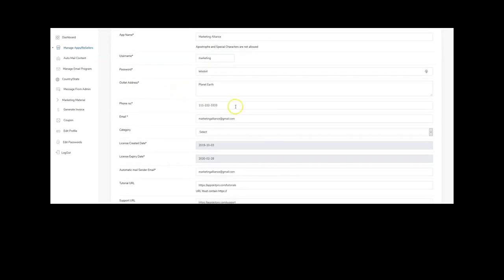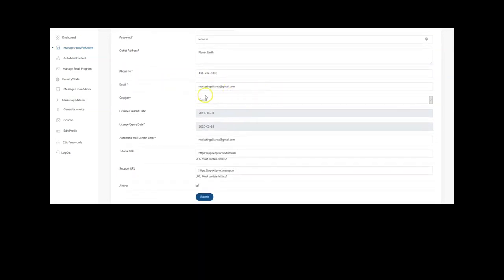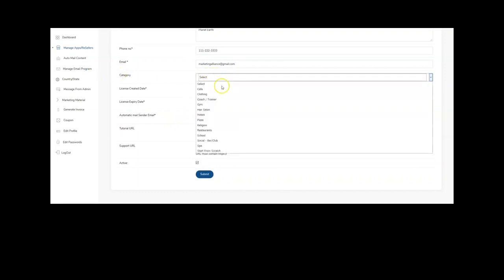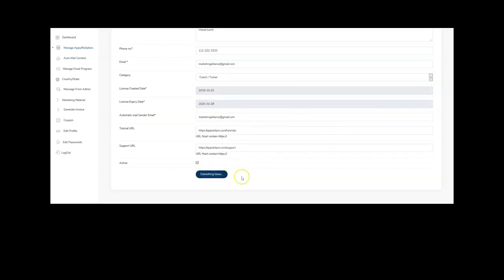It's pretty self-explanatory. The one thing that you would want to know is the category. So we have a bunch of pre-built types of apps already, and whatever you select here will have everything turned on for you that's relevant to that type of business. So for example, if you're selecting a cafe, you'll have food ordering system, points rewards, punch cards, that kind of stuff that's already turned on for you. You will be able to go in and update it and add things if you needed to, but that's what this has done. So this is going to be a coach or a trainer, and I will hit submit,